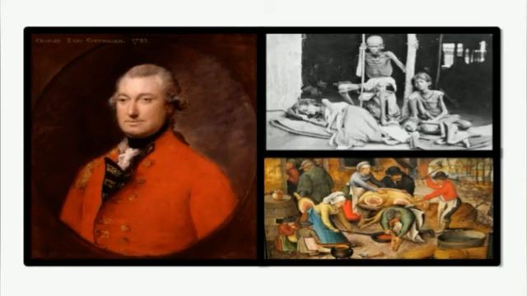Now, in the next session, I'll be discussing a new chapter, effects of British rule in India. In that, basically, I'll discuss the Permanent Settlement Act, which was founded by Lord Cornwallis, and then I'll discuss the Great Famine of Bengal, and we'll also study the conditions of peasants and agriculture during British rule.